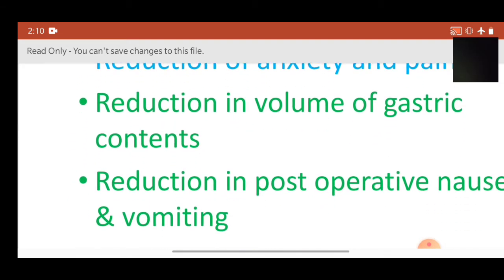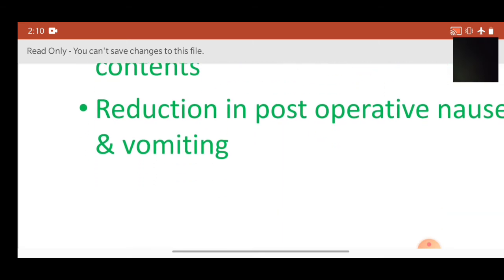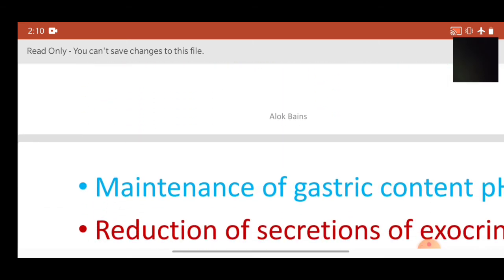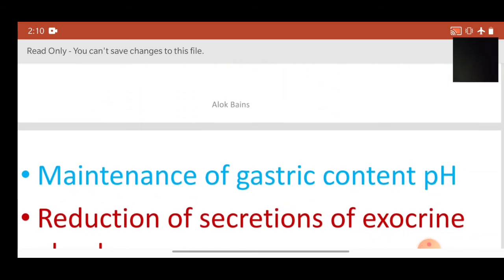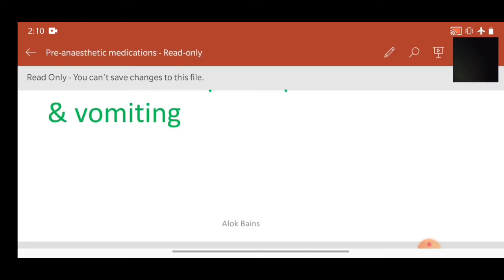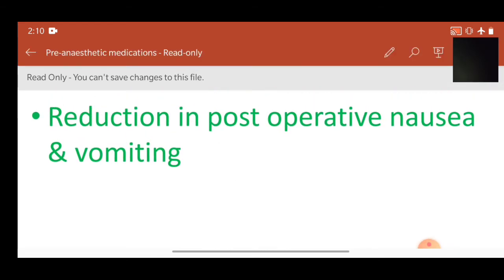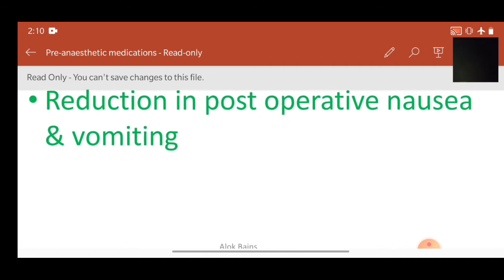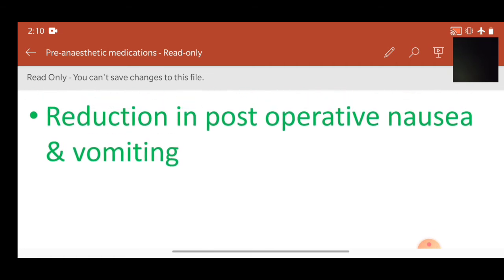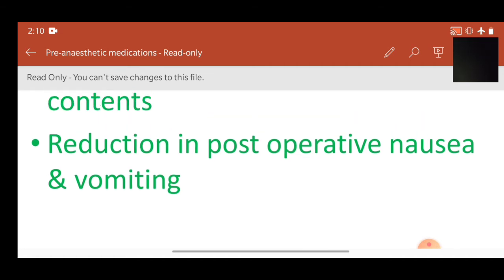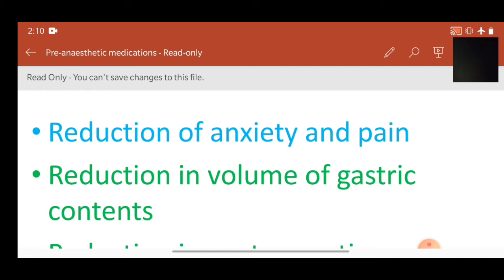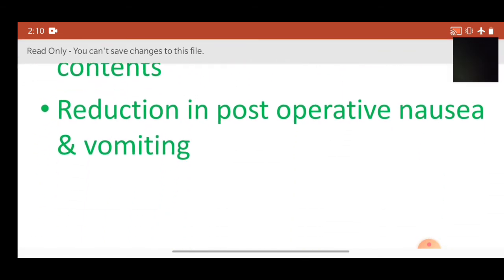These drugs maintain gastric pH, and by these two effects, these drugs reduce post-operative nausea and vomiting. Means there are two objectives. Number one is to reduce anxiety and pain, and number two is to reduce post-operative nausea and